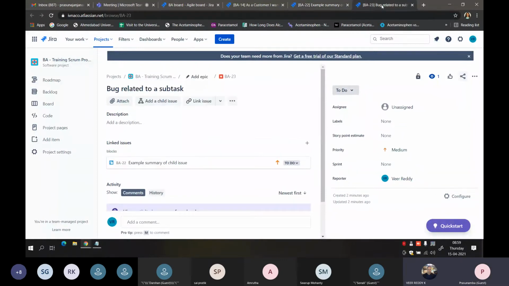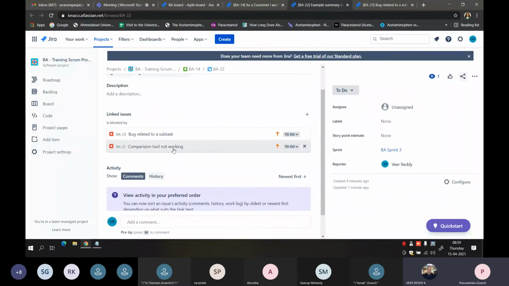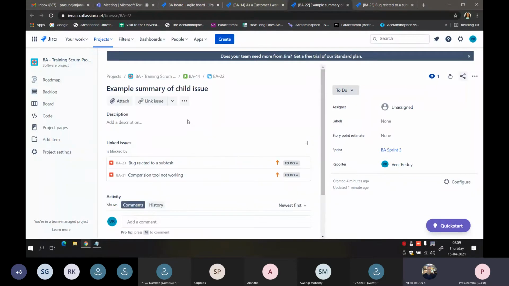So either you can go to the bug and link the issue, or you can go to the subtask and link the bug. Either way, Jira gives you an option to do it. So for a developer, when he sees this subtask, he will know that to complete this subtask, the first thing he has to do is fix these two bugs.